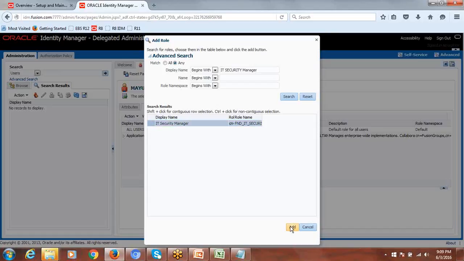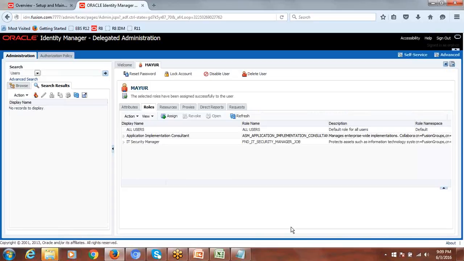Select, say add. Yes, for the same user, you can see the user, same user. For one user we have to assign these three roles. Again click on assign,